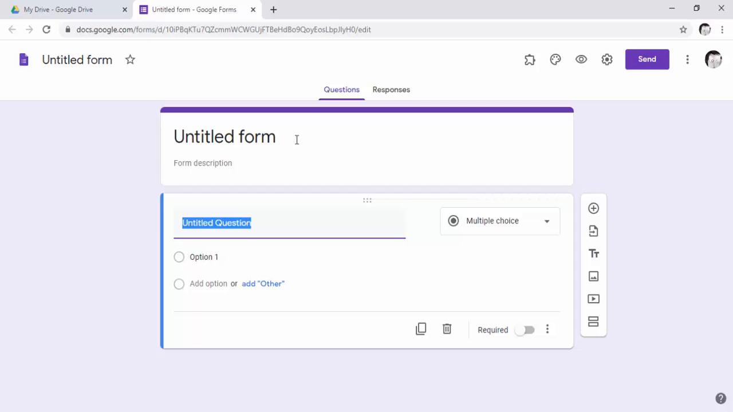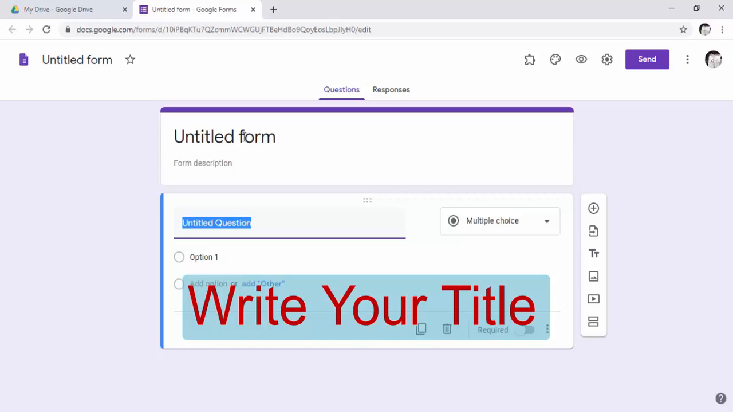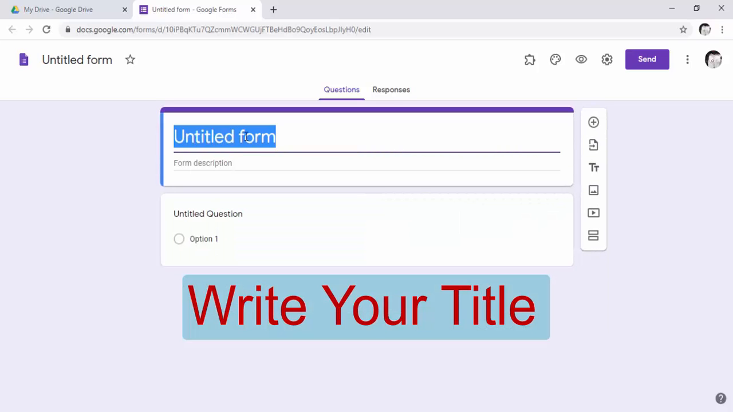Now the first one you can see here, untitled form. So that means you need to give some title to your form. So say for example you're creating a question paper for class 7 subject science, so just write down the title as class 7 science. And then